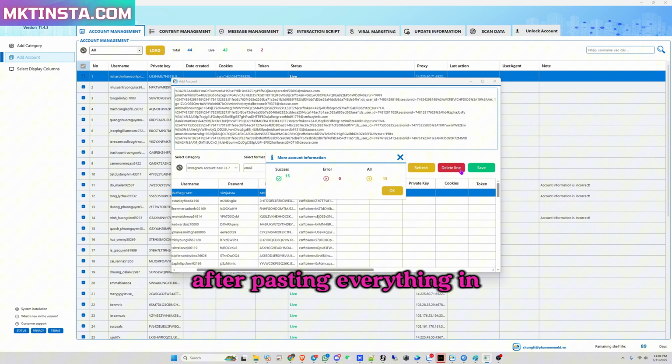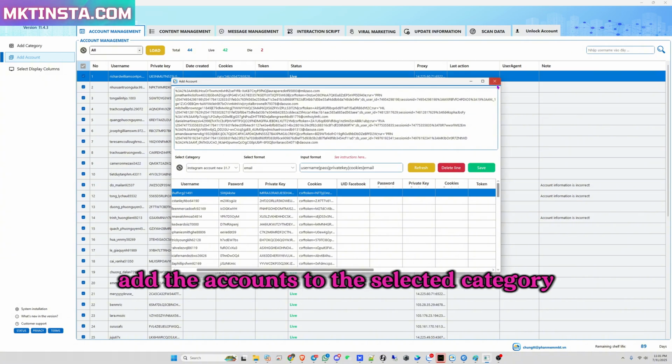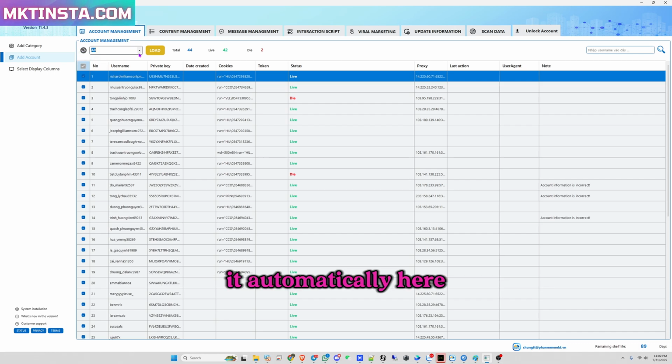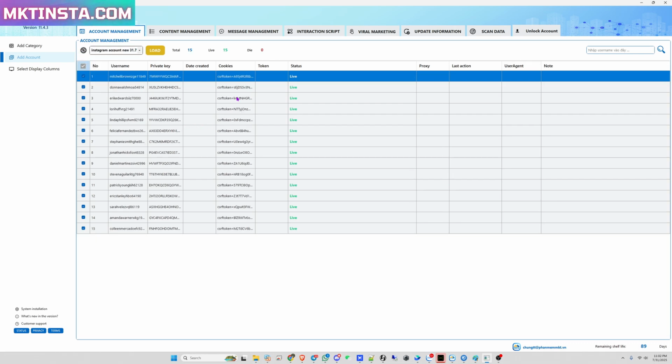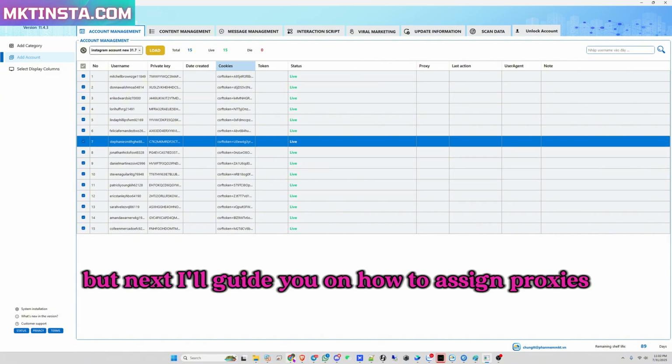After pasting everything in, click Save. The software will automatically add the accounts to the selected category. Now you can log in automatically with each account, but next I'll guide you on how to assign proxies to